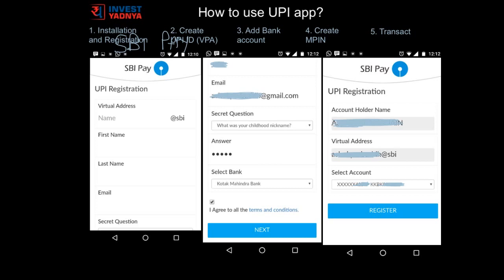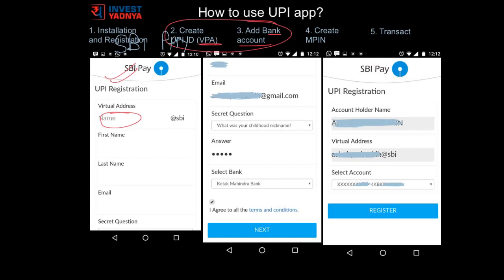Now we will discuss both step 2 and 3 together. That is to set your UPI ID, which is also called UPI Virtual Payment Address, that is VPA, and tag that to your bank account. After you click yes on the previous screen, you will see this screen. Put your UPI virtual address here. This address is unique to you and is like your email address. The UPI virtual address is an address replacing your bank account details through which you transfer money. To use the UPI app, it is a must to create this UPI virtual address.